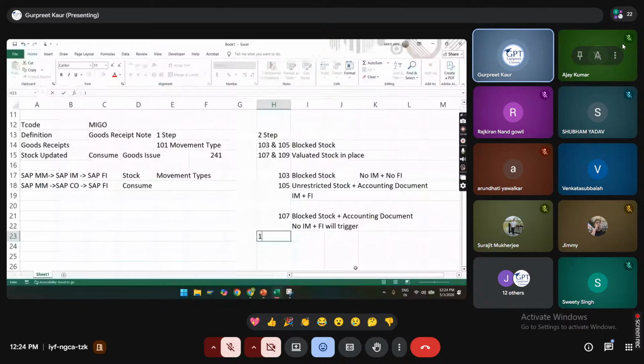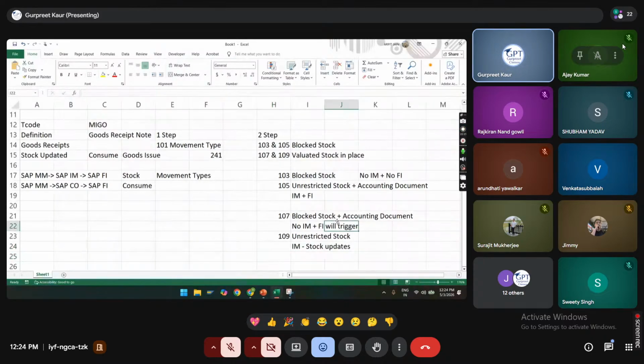And at the time of 109, when you confirm, it will move to unrestricted stock. Here your IM, or I will say stock update, happens. Your accounting is already triggered, so at this point there is no FI.